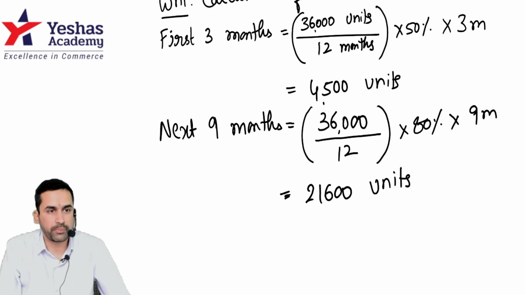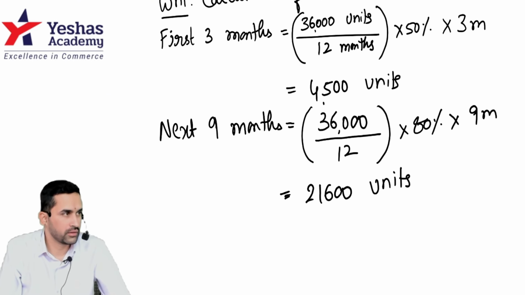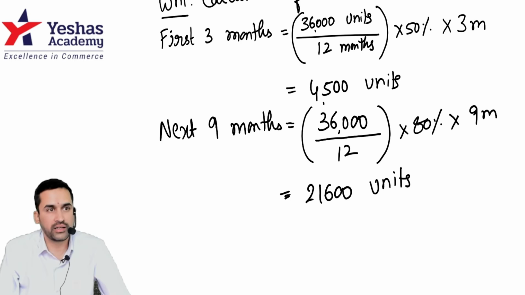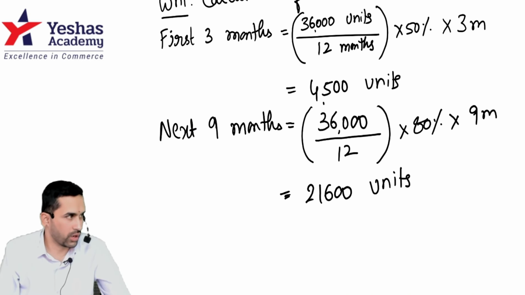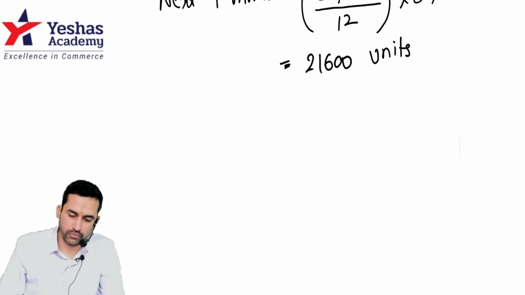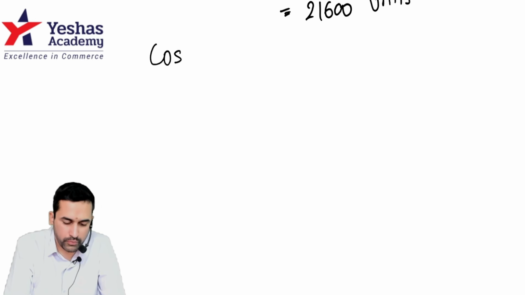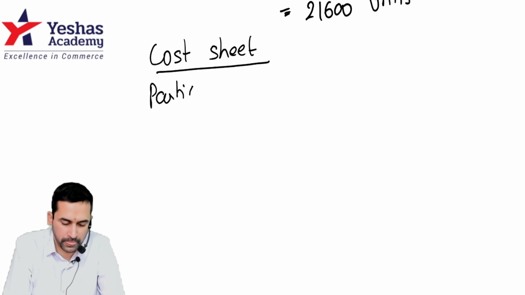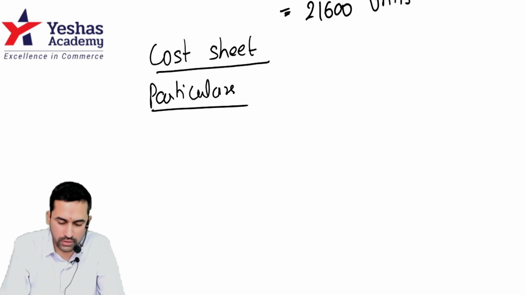Since we are doing the cost sheet separately for the first 3 months and the next 9 months, there is no use of adding these two numbers. You are not going to do any working for the full year. If you have already added it in your notebook, it's okay, it's not wrong, just not needed. Listen to me. What is the next thing to be done? The cost sheet. Don't copy, just wait for 1 minute. Particulars, keep this on. Then first 3 months